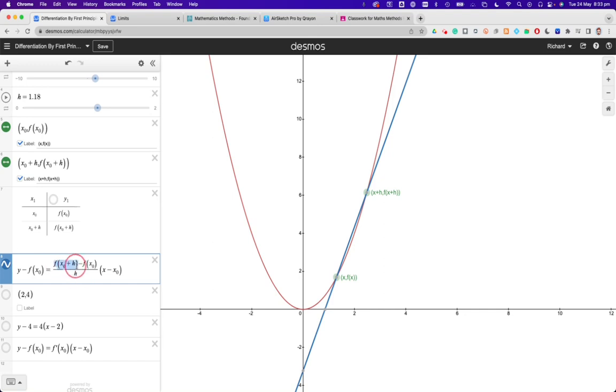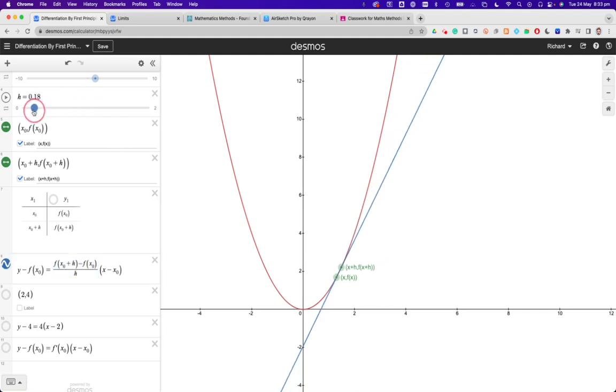So effectively, in other words, this bit here that I'm highlighting, that is the gradient of the straight line, of the secant. And again, as I mentioned to you, as we let h get closer and closer to 0, yes, it does start to approach the gradient at the point x equals 2, but it isn't quite able to get there because once h equals 0, we're dividing by 0, and therefore this stuff's up. Okay, so